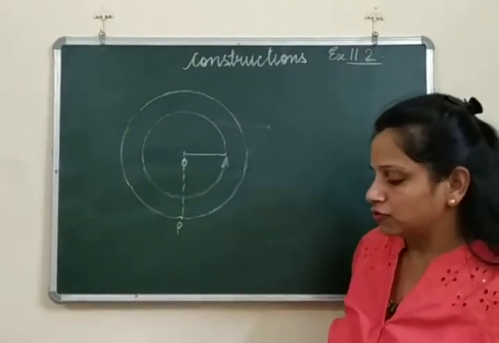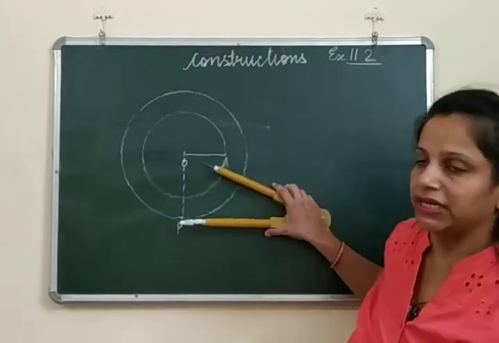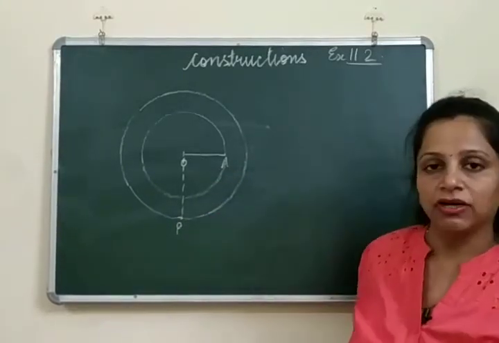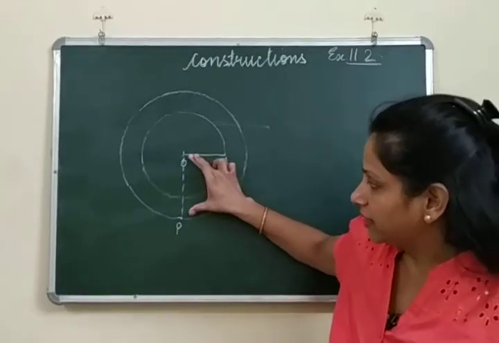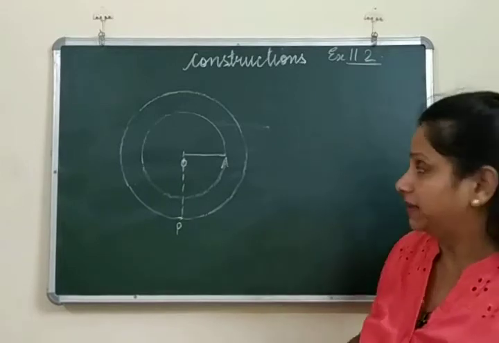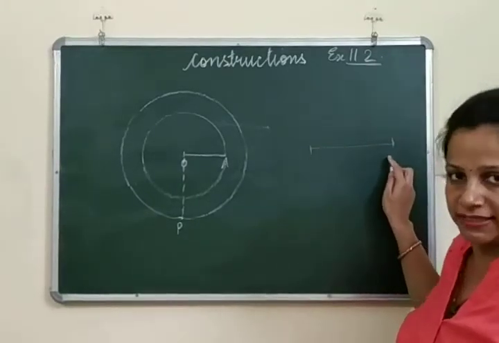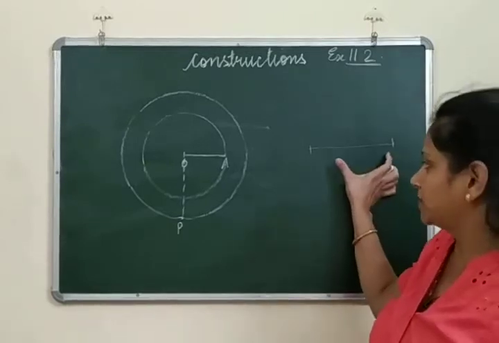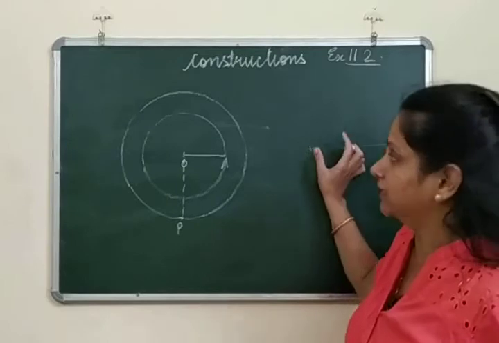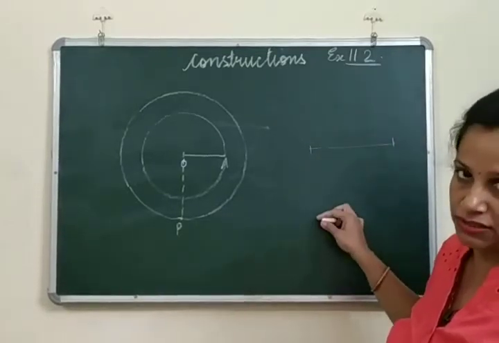Now what we have to do? We have to make the perpendicular bisector of this OP. The perpendicular bisector is what? कैसे बनाते हैं perpendicular bisector? Whatever is the length of this OP, जिस भी line का perpendicular bisector बनाना है. See, suppose this is the line and I have to make the perpendicular bisector of this line. So what is to be done? आप इसका more than half, you have to take more than half of it and you have to draw the arcs from both the points in both the directions, right?